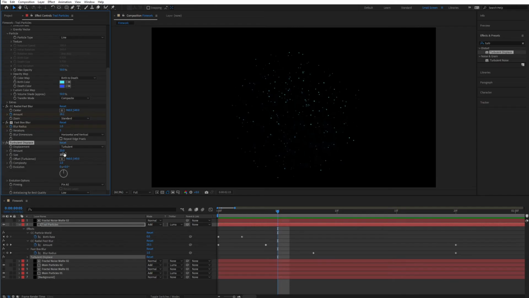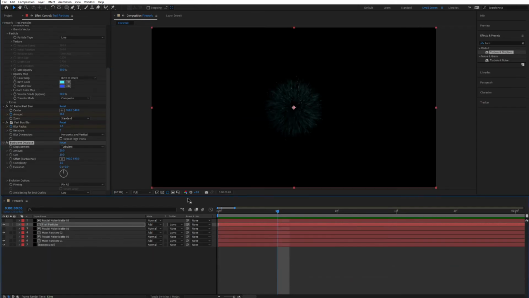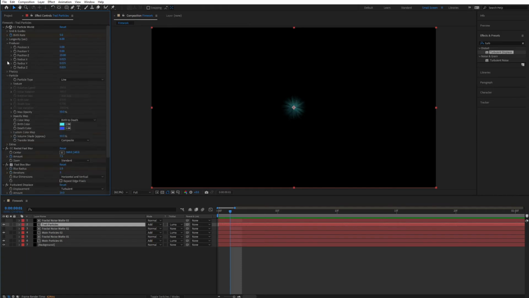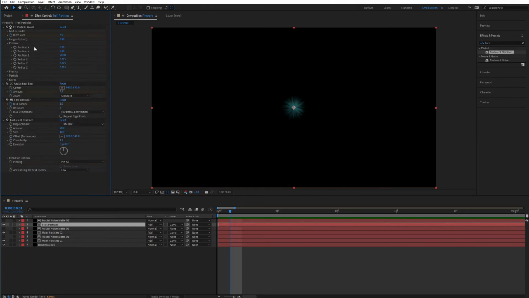Very nice. Finally, the actual explosion is looking quite good. I really like how this looks. Maybe at the start it is a little bit intense, the trail particles. So what we can do is go to the particle world effect, and from here let's find the producer. So let's close everything and just find the producer, and I'm going to start it with a larger radius,